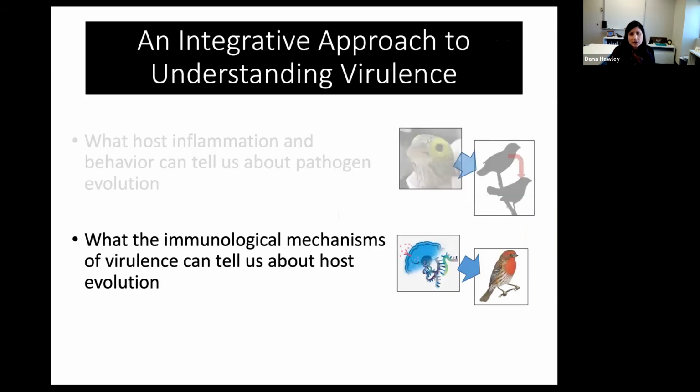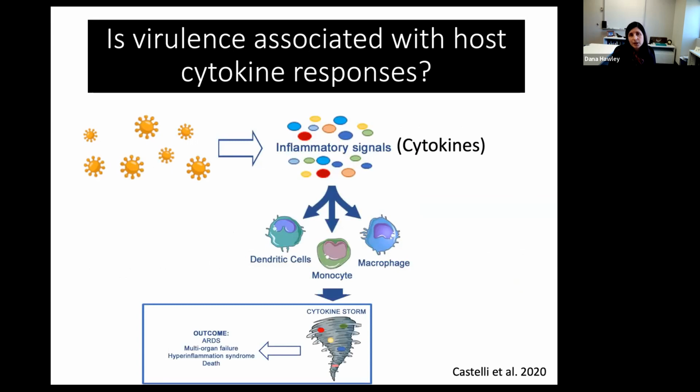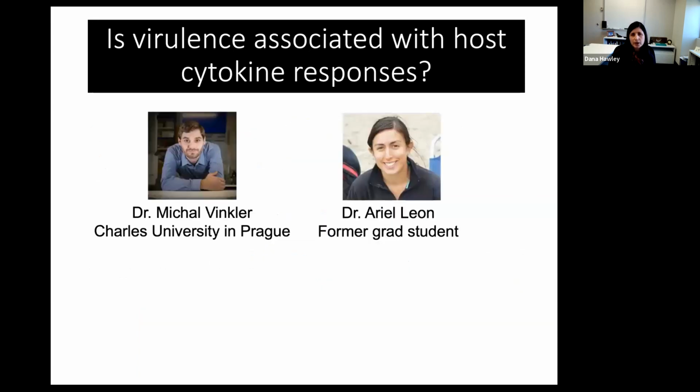So that brings me to the second snippet that I want to tell you about, and I'm going to have to move quickly on this one. We were really interested in what selection might be happening on the host. It's really difficult to do immunology for non-model systems like songbirds because we just have no reagents. So we had to come up with a starting place. We decided to start with cytokines because we know they're really important signaling molecules for the downstream immune response, and that they're really important in terms of some of these severe overreactivity of the host immune response.